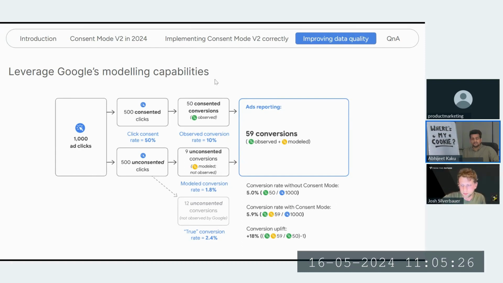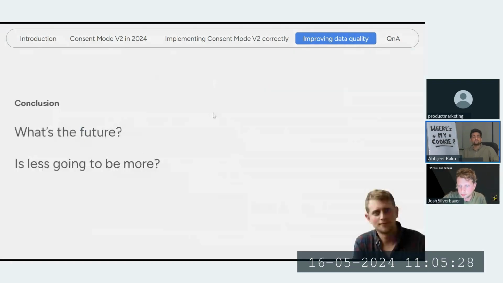So that's what the future is looking like. I believe less is going to be more, right? And understand that less user data, due to the CMPs, can hurt the model accuracy as well. But I believe we do have a solution, which we just discussed, the consent-based modeling.